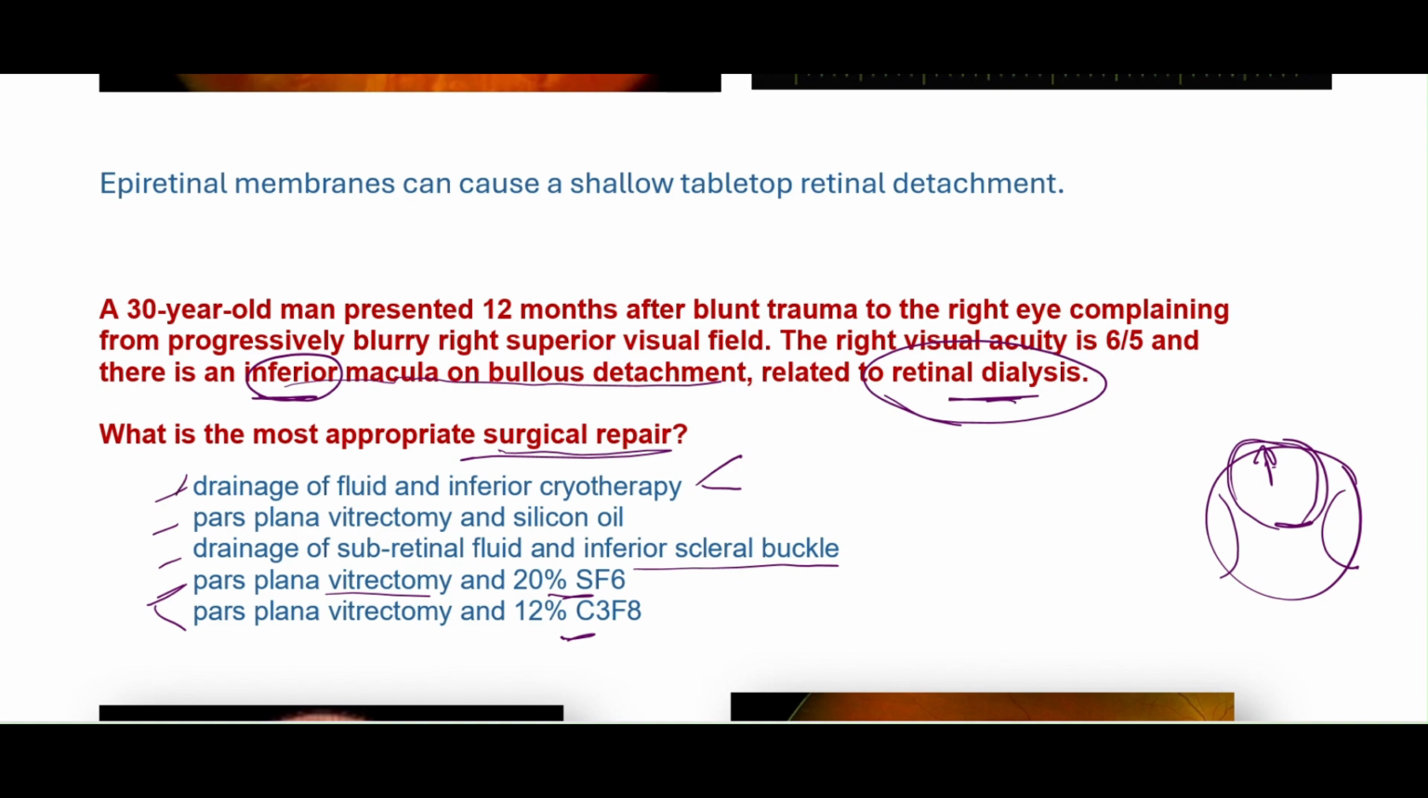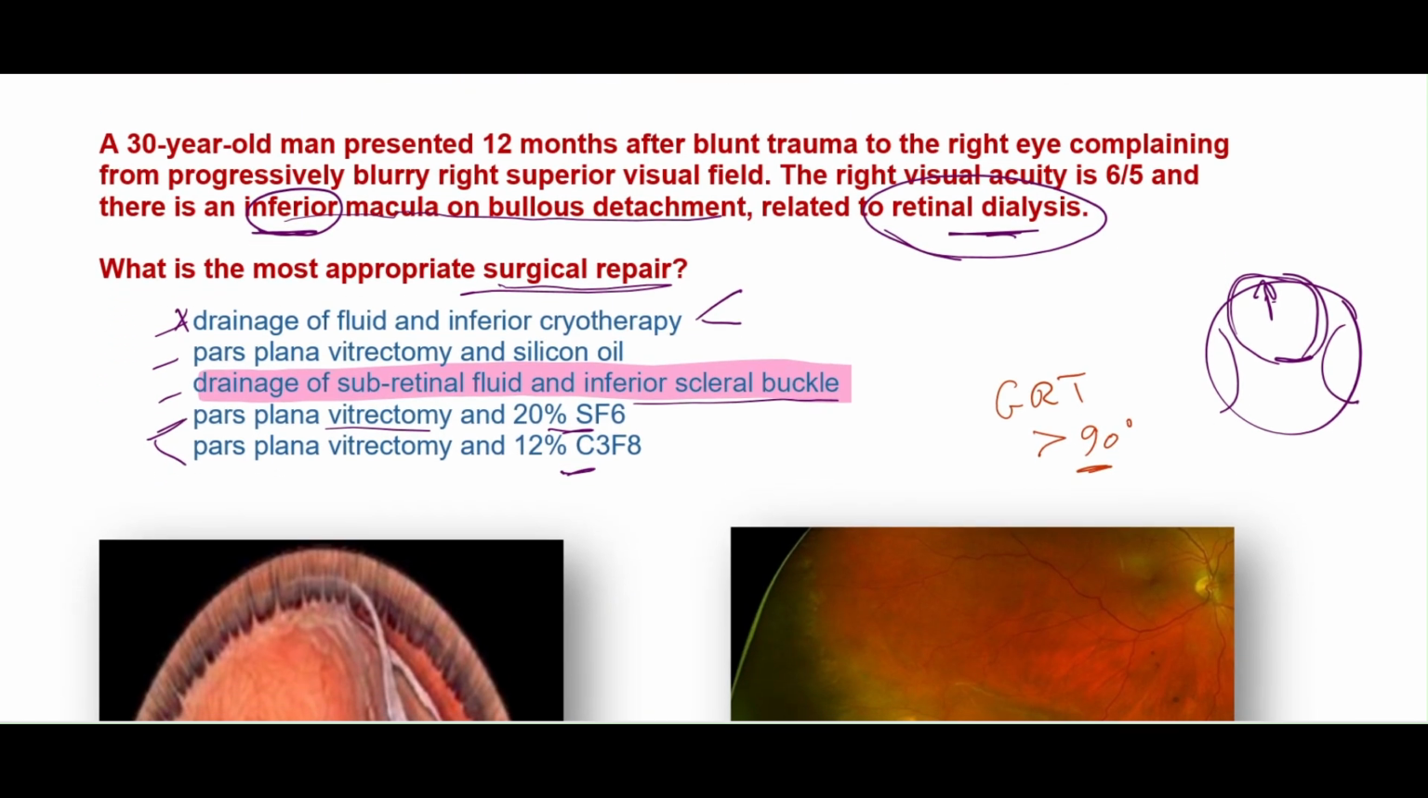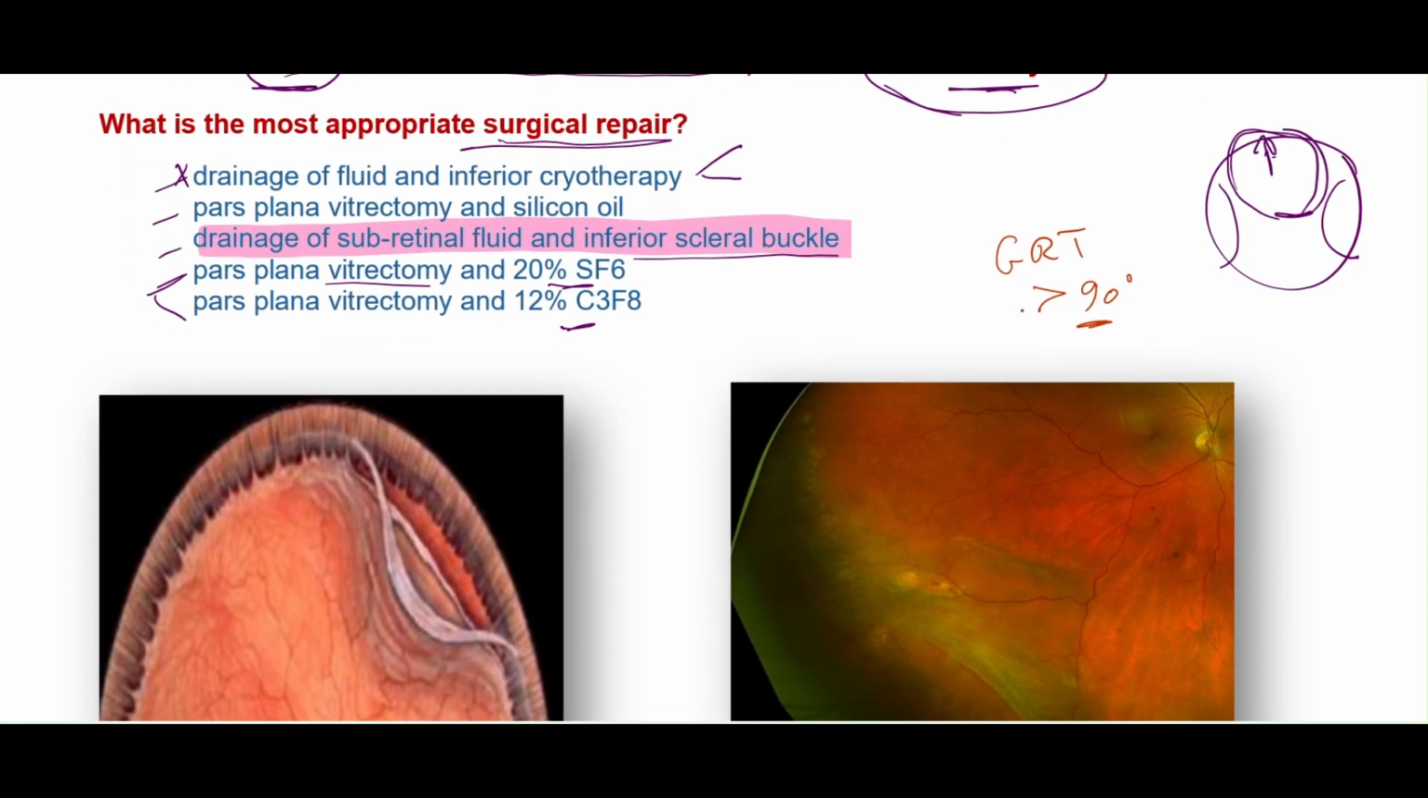Second option is pars plana vitrectomy and silicone oil, or drainage of subretinal fluid and inferior scleral buckle. Treatment for retinal dialysis is with a buckle. This is something to memorize. This is in contrast to giant retinal tears. So GRTs are retinal breaks of more than 90 degrees, more than 3 clock hours,